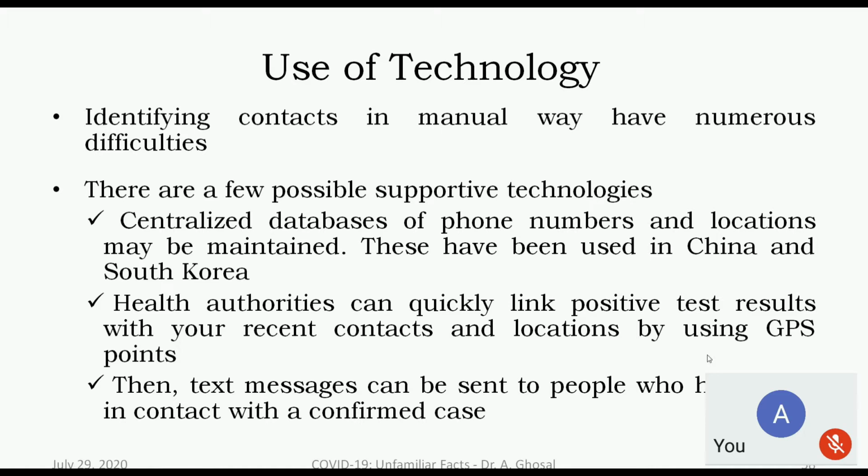Fine. Whenever they find that a particular person was infected with SARS-CoV-2, those who were near that person can be traced through their GPS location, and they will be sent a text message that you are exposed to a COVID-19 case. So limit your movement, restrict your activity, and you should go into quarantine for at least 14 days. All these things are done automatically. No human interaction is required.